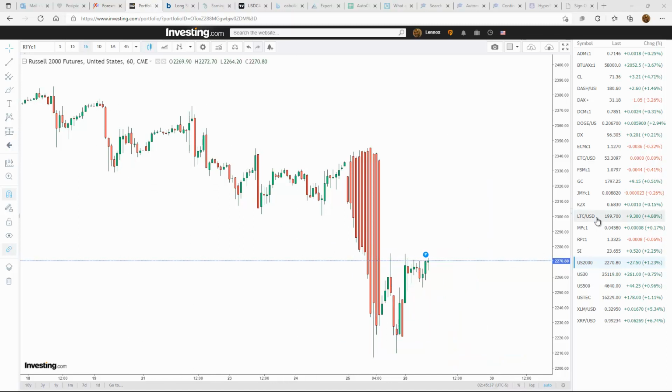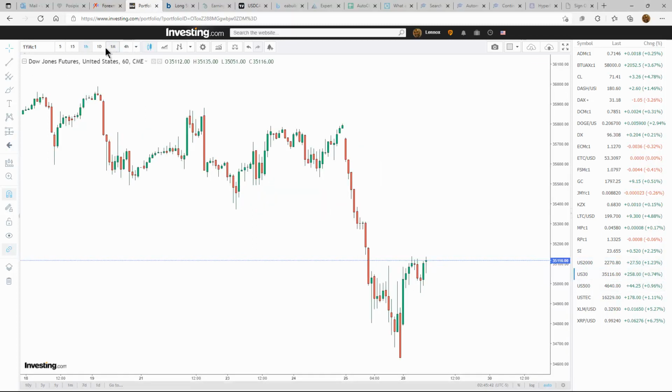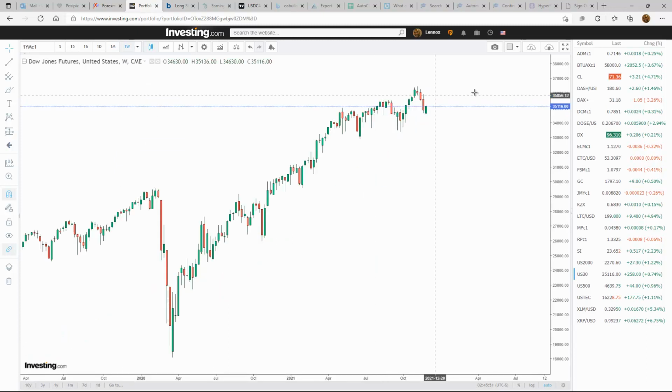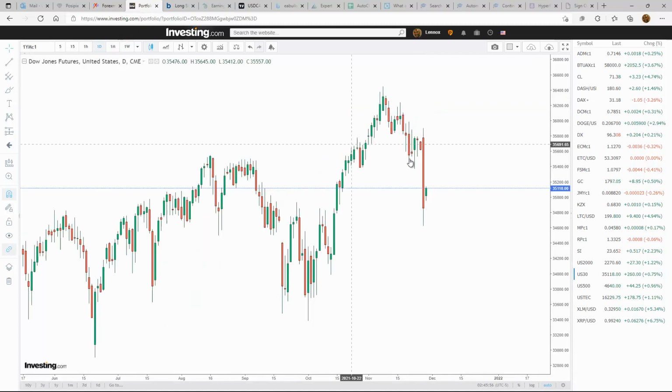All right, let's take a look at the Dow. Now the Dow and the S&P 500 are practically the same. Big moves to the upside, breaking to new highs. We had a lot of that going into the last few weeks. So we broke the new highs, but we pushed back quite a bit. On the daily, there's a downward move, just like with the US 2000. So we are down.